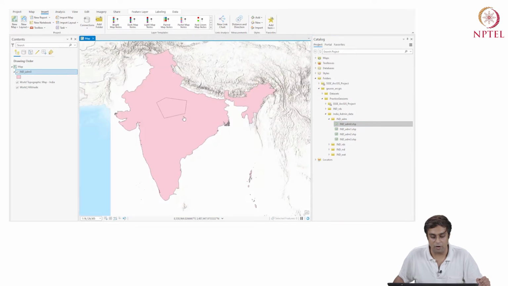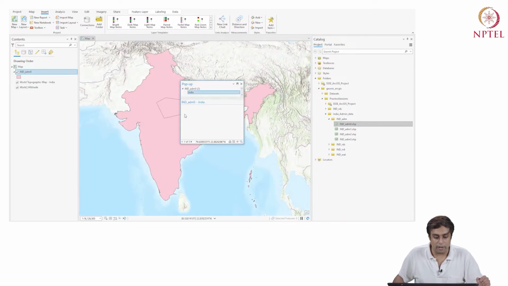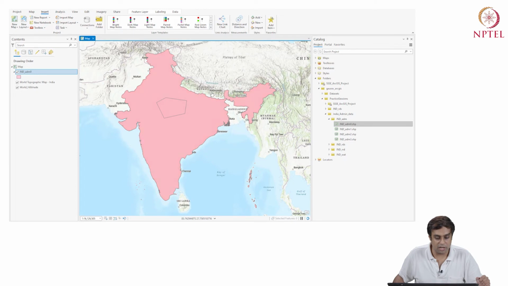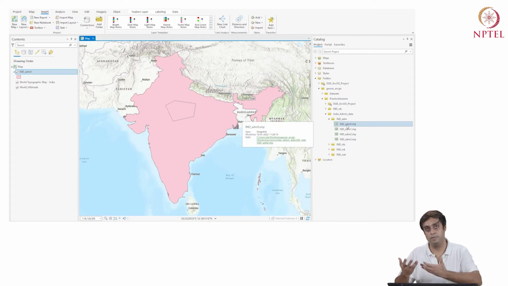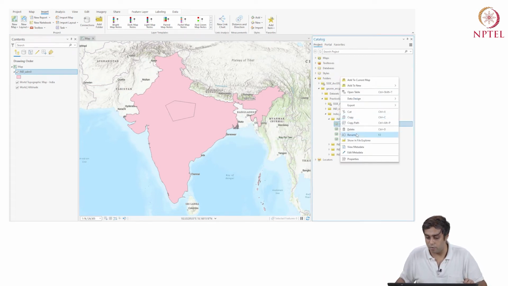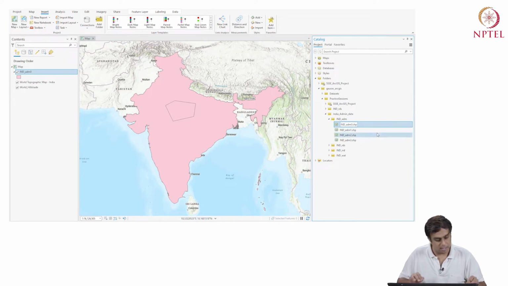And here we go. Okay, so it's a data set which has a bit of a polygon sitting inside of it, right? It shouldn't have been like that, but this is a data set which has come from DIVA GIS. So I want to rename it, and I'm going to rename it to DIVA GIS, since it has come from a source.